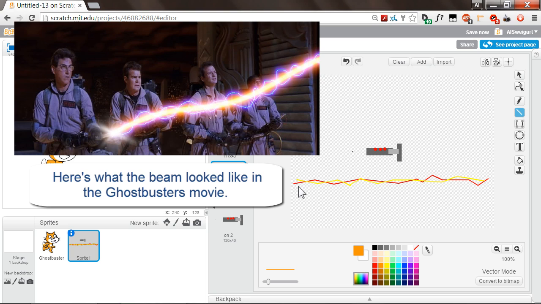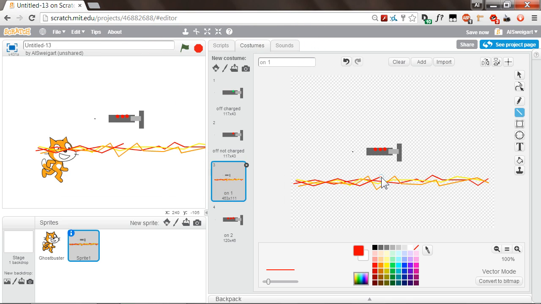Maybe orange also. And maybe another red one too, just for fun. Just so it sort of looks like fiery lightning